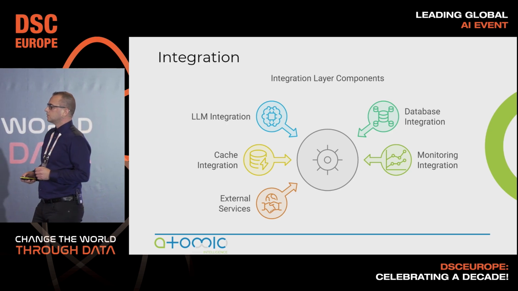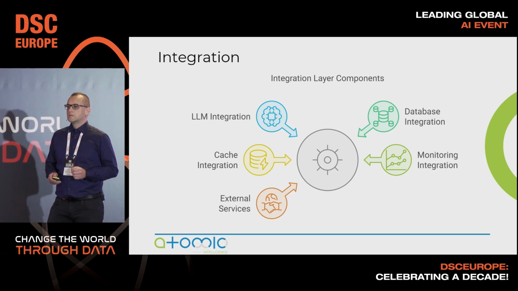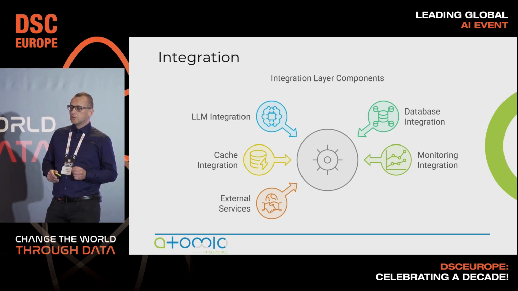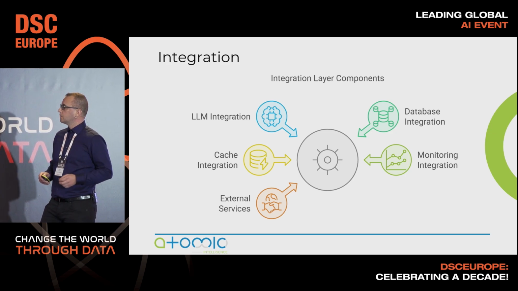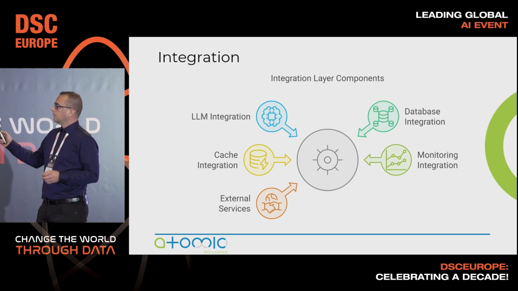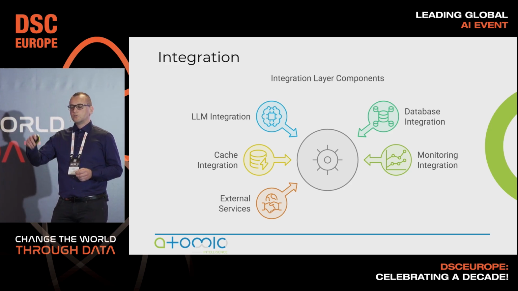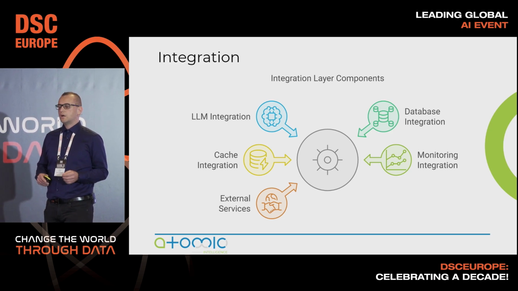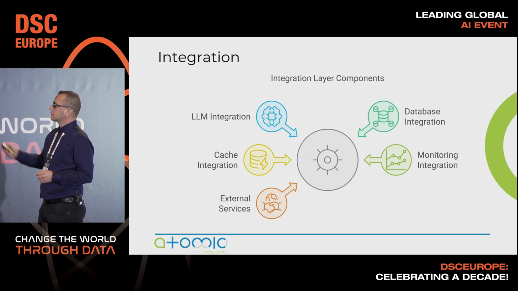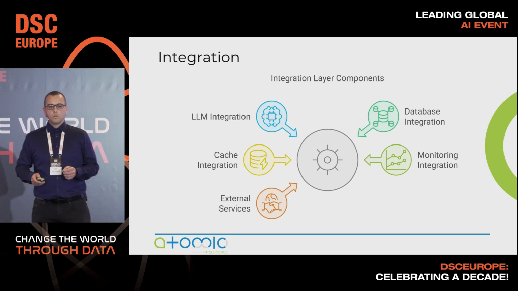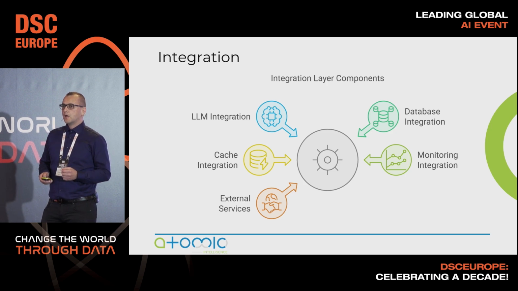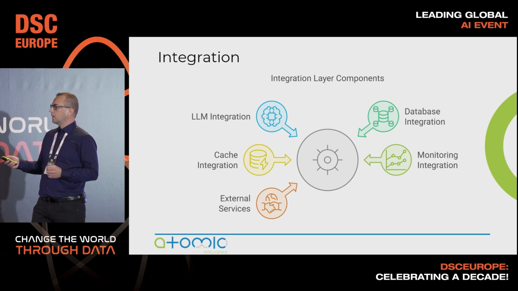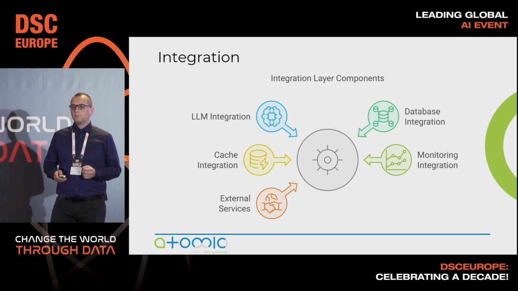Monitoring integration, so not only using Grafana or a system like Prometheus, but also taking some of the technologies which are coming nowadays, like for example LangTrace or LangSmith, to detect what the LLM is doing behind the scenes. And I will mention later on, some of these agentic frameworks are pretty hard to debug. Of course, external services are integration with our clients. The idea of what we built is that everyone can access via API,